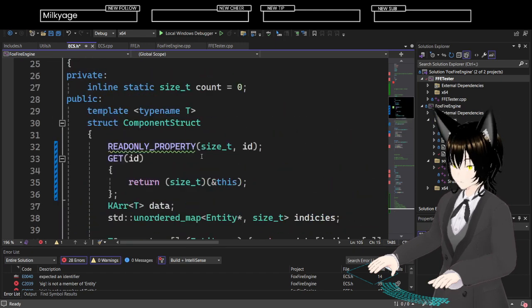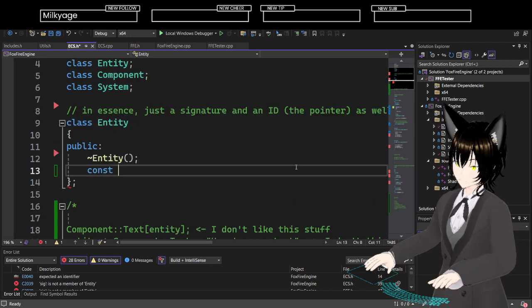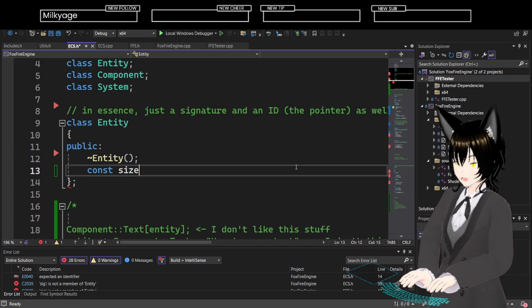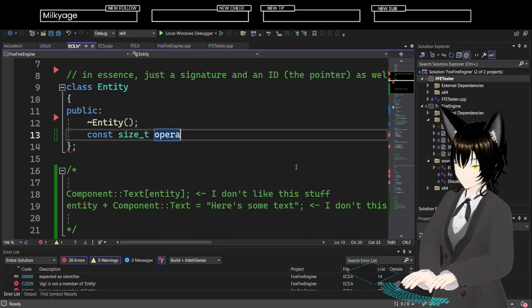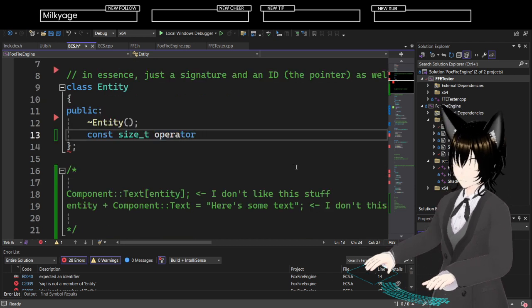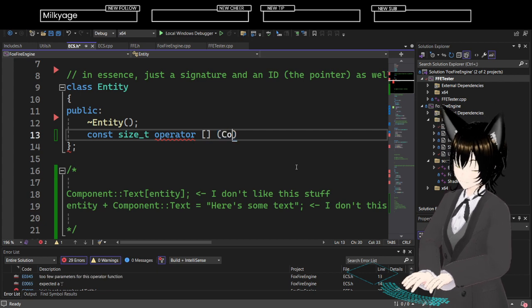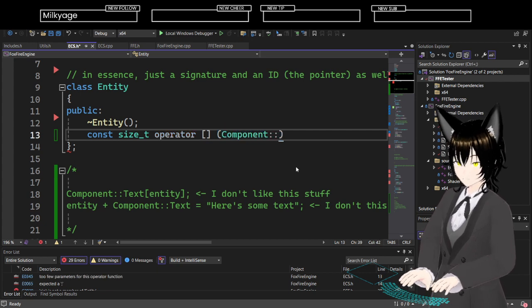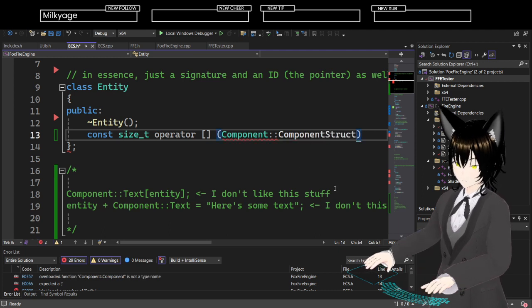And yeah, we will get our project up and running at some point. But I think if I do like a size T operator, and this is an int, component struct comp.